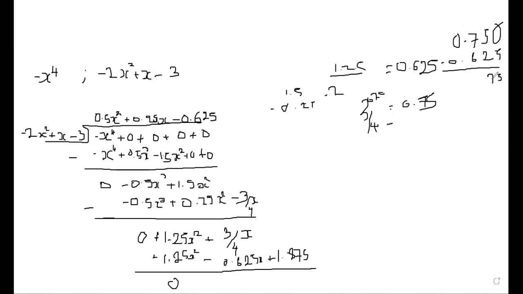This guy gives us a 2. This guy a 1. This is 0. So this is going to be positive 0.125x plus 1.875. At this point, we cannot divide any further because